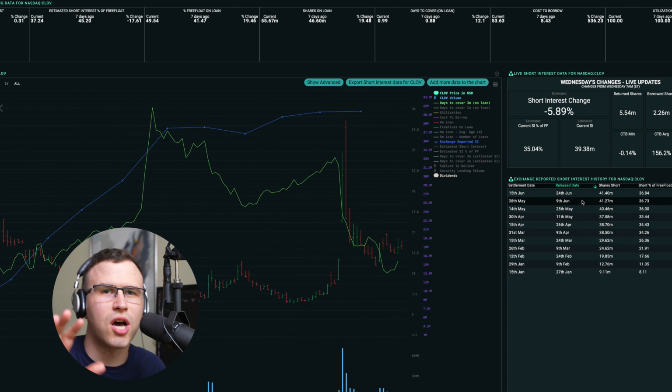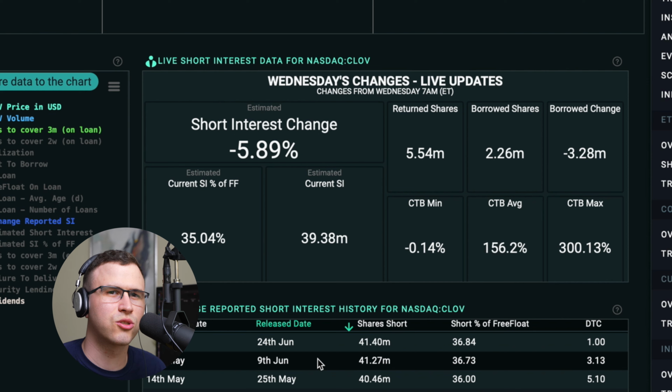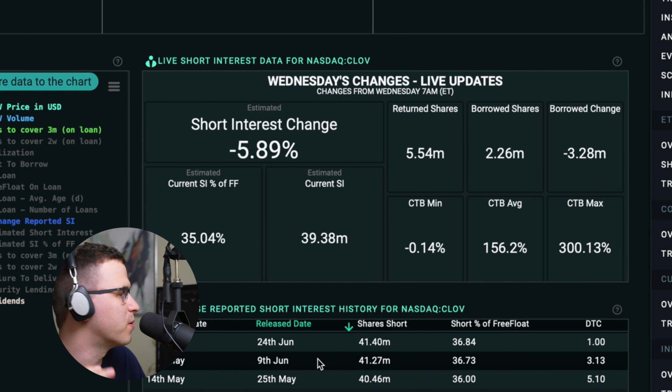Next, we're going to talk about Ortex data. In Ortex, we can see that the current short interest percentage of the free float is sitting at 35.04%. This is actually a decrease in the short interest by 5.89% from the previous day. We can also check that the cost to borrow is still as ridiculous as yesterday. Right now, we're sitting at an average of 156.2%,